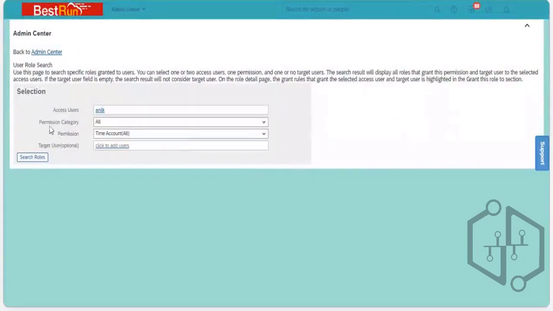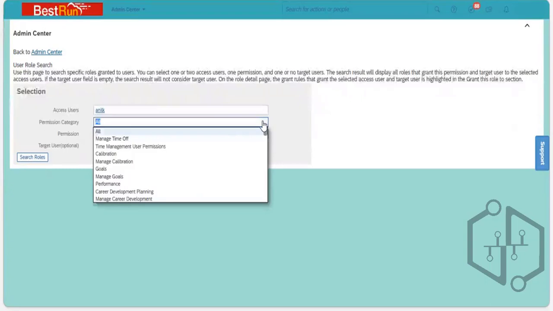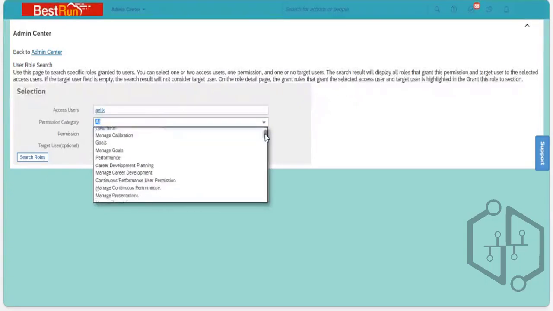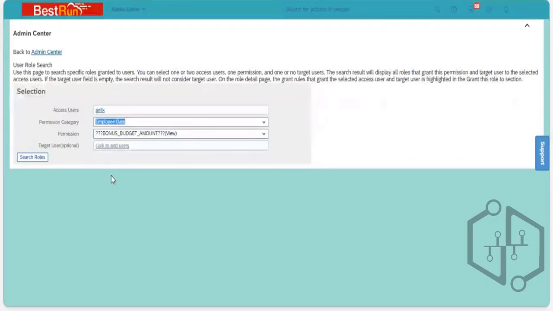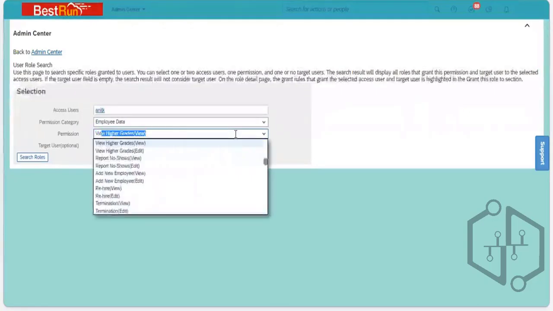So in user permission, all the permission categories were showing in a single page, right? So we were going and seeing Control F, and selecting the category, that is employee data. Here we can select that particular category. Suppose if I am selecting employee data, you can see it will be showing here. It is a more defined search. Something which is coming overall. And here again, I go with view higher grades,